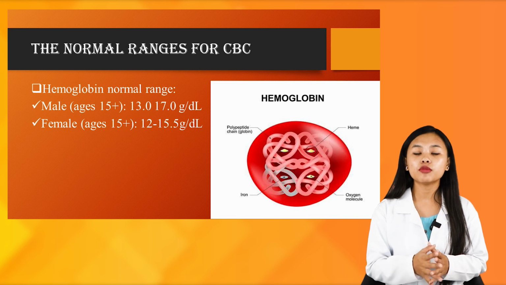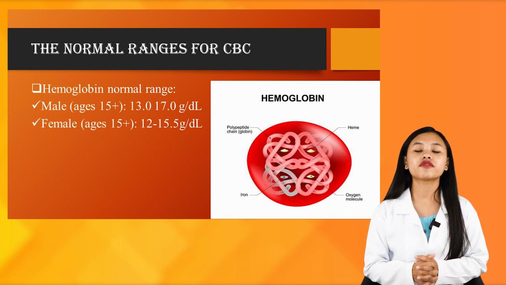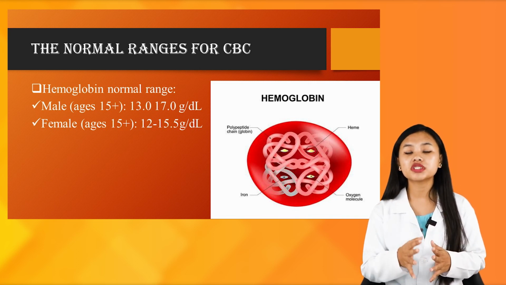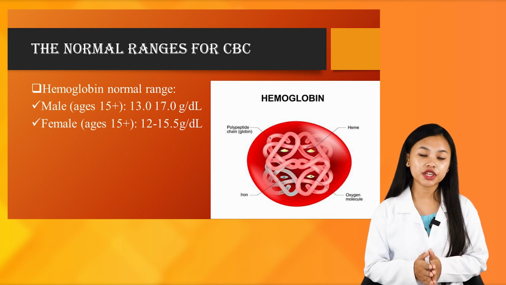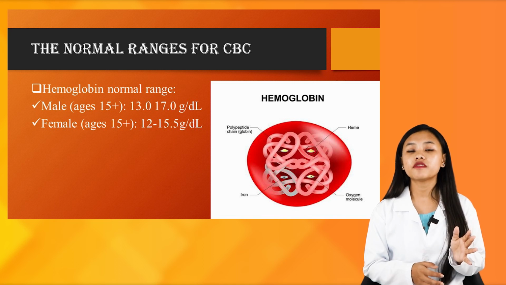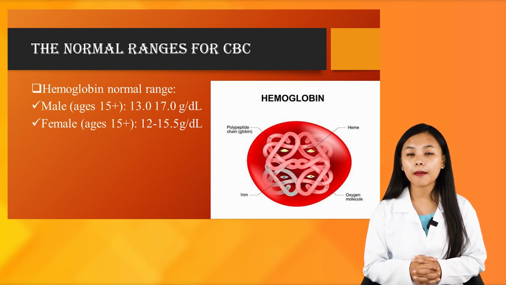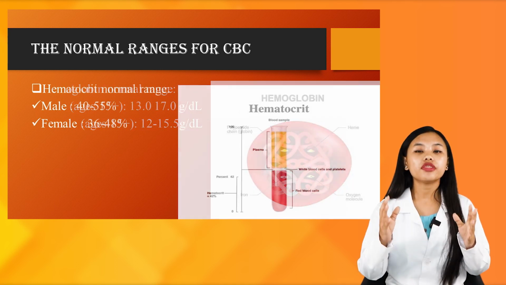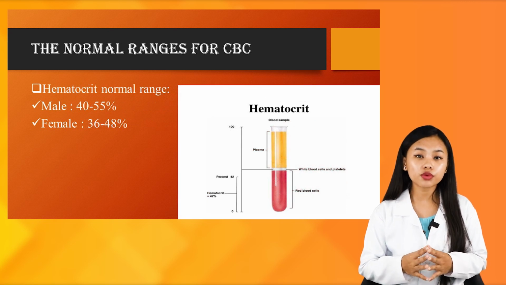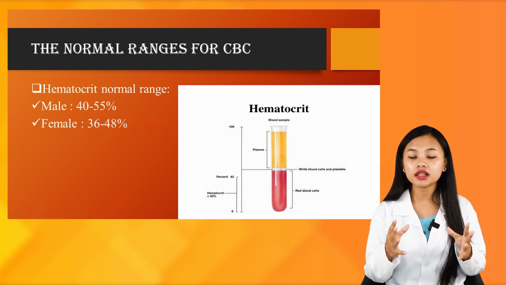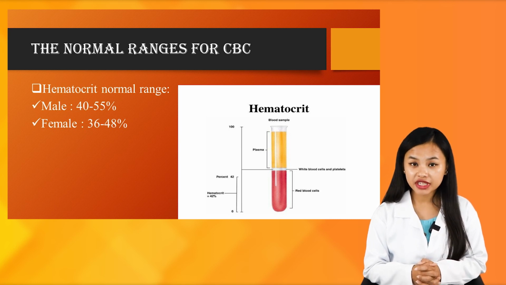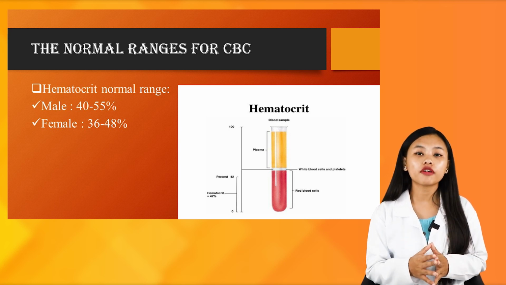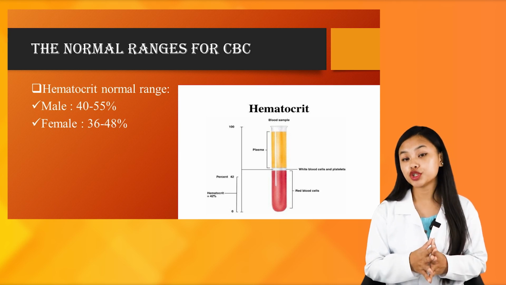If the hemoglobin level is checked for a female who is above 15 years of age, then it must be between 12 to 15 grams per deciliter. The hematocrit normal range for a male is between 40 to 55%, whereas for a female it is between